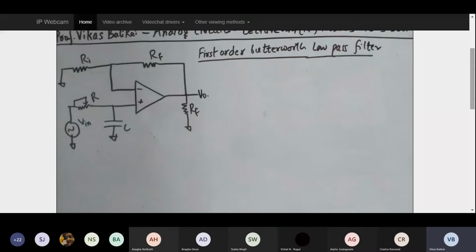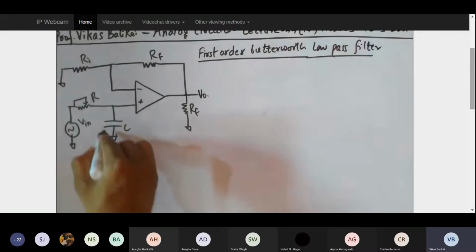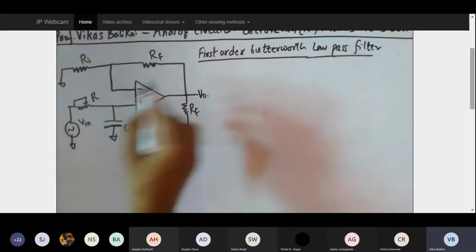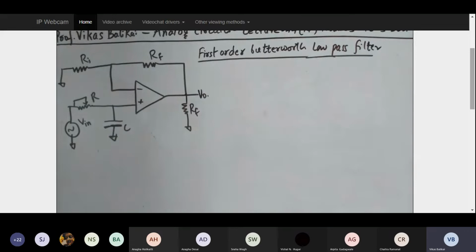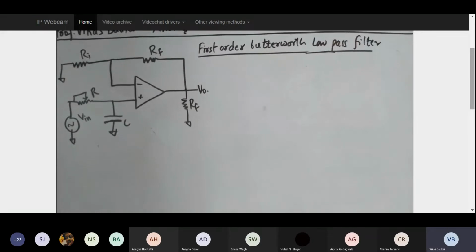Now, Butterworth is the name of a scientist who designed these filters initially in the early 1940s, somewhere around that period, and hence the name Butterworth. First order because it has only one R and one C, or specifically, there will be only one integration happening, or whenever you have only one capacitor, you can say it will be of first order. And low pass because it is going to allow only lower frequency signals to pass through it. That is how the naming has been given to this particular filter.